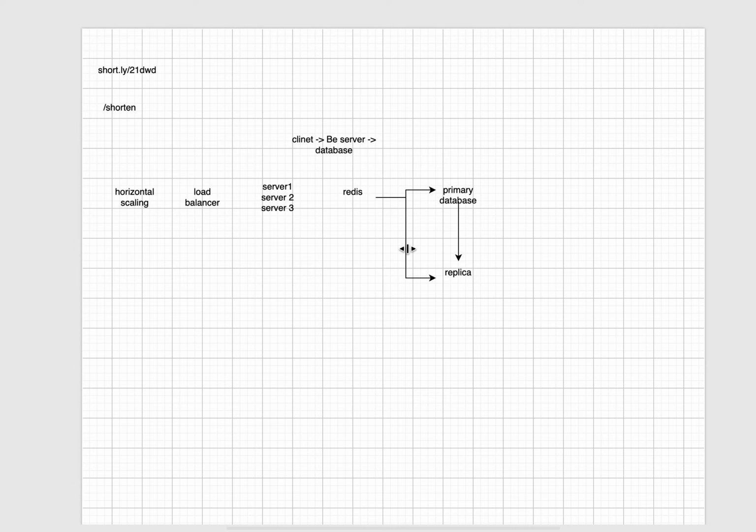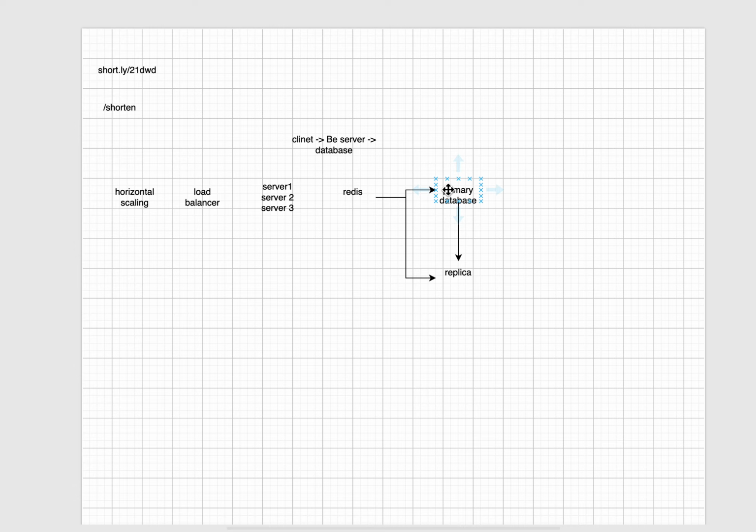And what about a massive number of requests? Now let's imagine our URL shortener becomes extremely popular, maybe 10 million requests per second. We don't want every request hitting our application server and database unnecessarily. So our architecture might now look like client, load balancer, application servers, then Redis cluster, then database cluster, and potentially